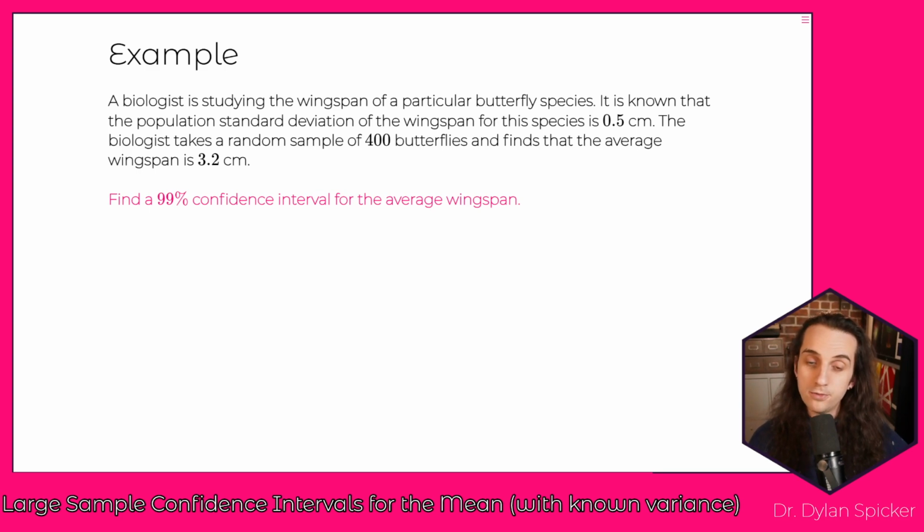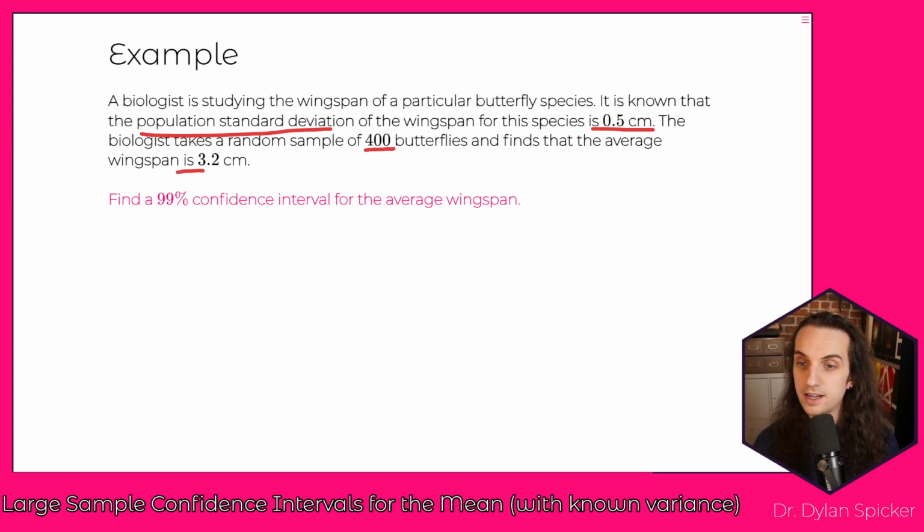If we go through and read what we have been given, it's important to note that we have the population standard deviation, so that's going to be 0.5 centimeters. We know that piece of information. We're taking a random sample of n equals 400 individuals. As soon as you see that n equals 400, this should suggest that we can definitely apply the central limit theorem. This is a very large n, much larger than 30, much larger than 100, and so the central limit theorem is going to apply, which is great news for us.